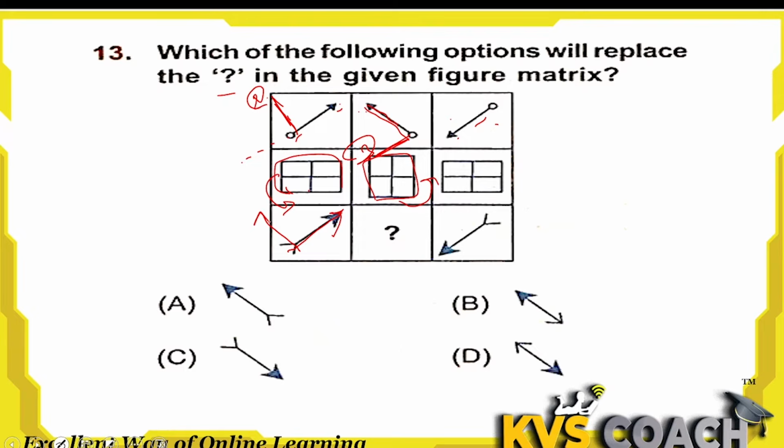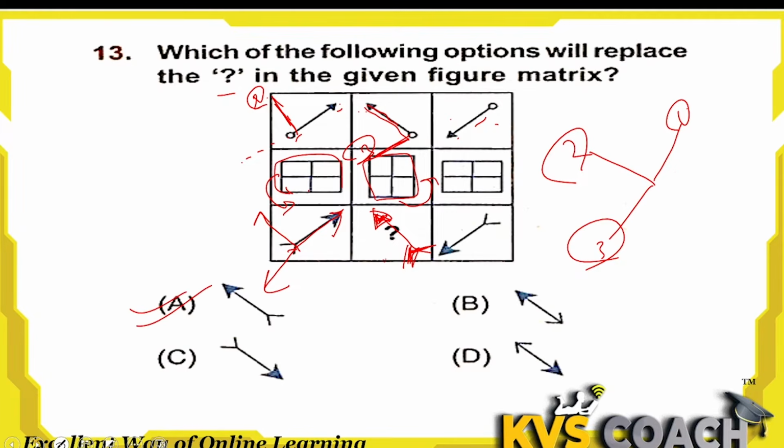Okay, so here in this question this is rotating here. Now it will be here, then after that it will be here. So the second position will be like this, because there is a rotation, first this and then this and then this. This is the first position, this is the second position, and this is the third position. So here the second position is missing, so the second position will be like this. So this is the right answer. Which one? A is the right answer here.